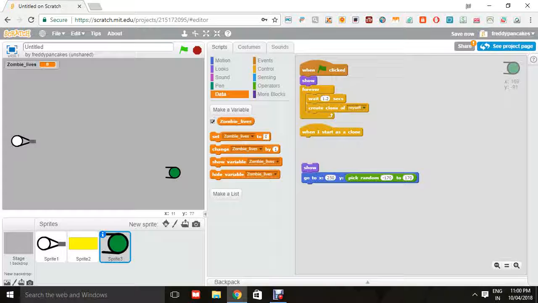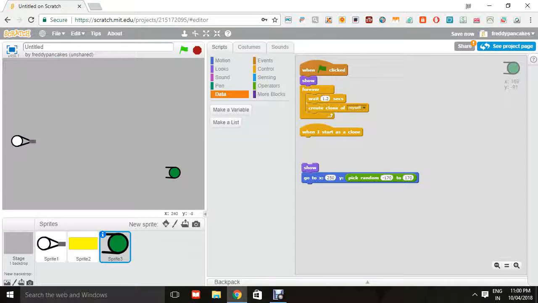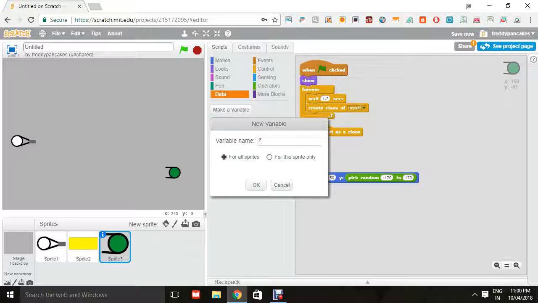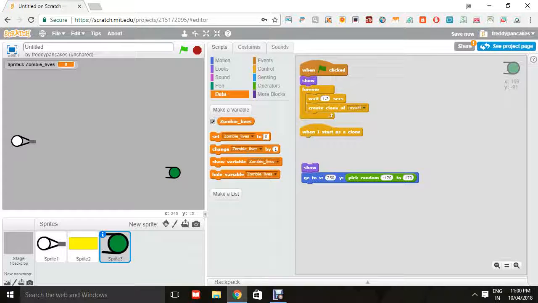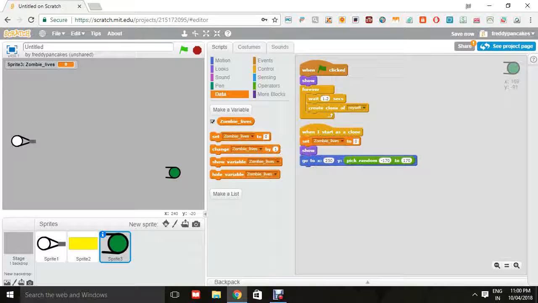You can have it both ways, but mostly for a sprite only, I'm sorry. For a sprite only. I'm not going to change it, because it's for this sprite only. And also, not set to 0, set to 3,